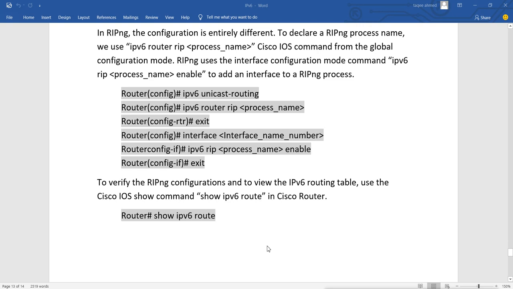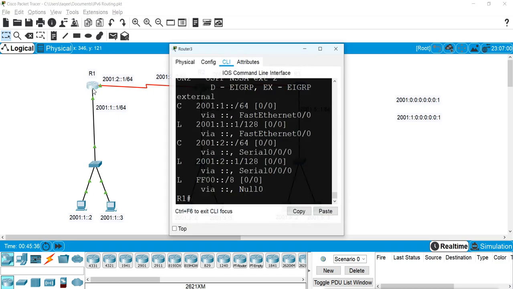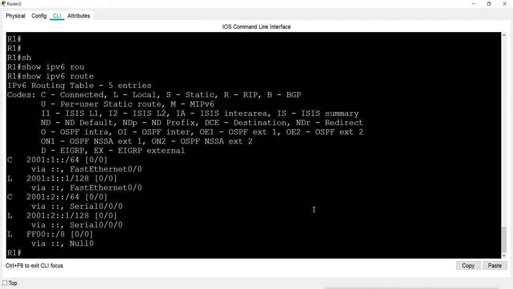So let's do this RIPng on our design. We have removed the static routing. Now we will use this one. Here I have removed the IPv6 static routing. Now I will use RIPng.